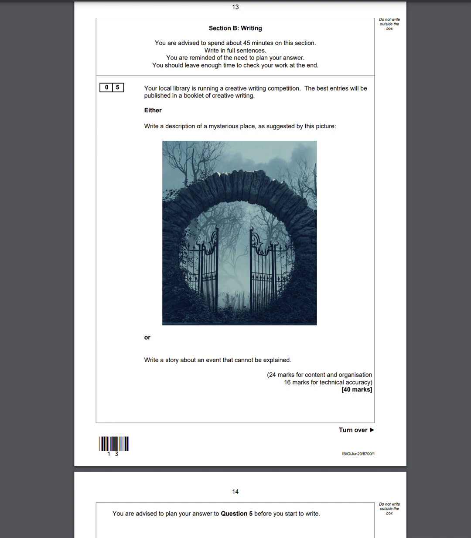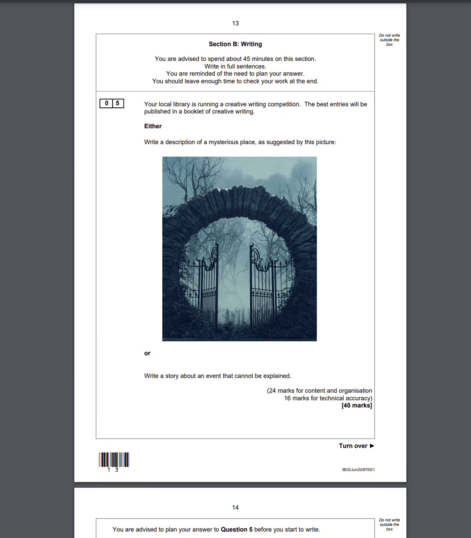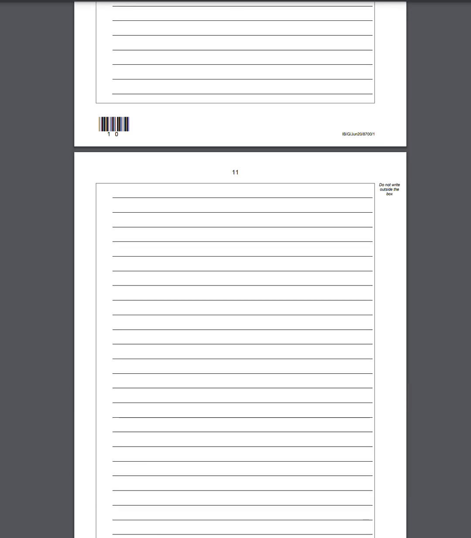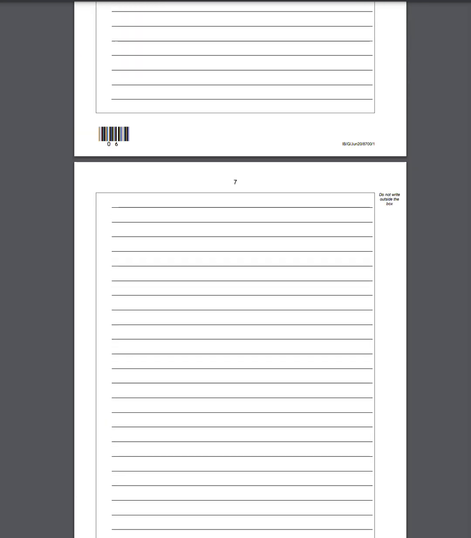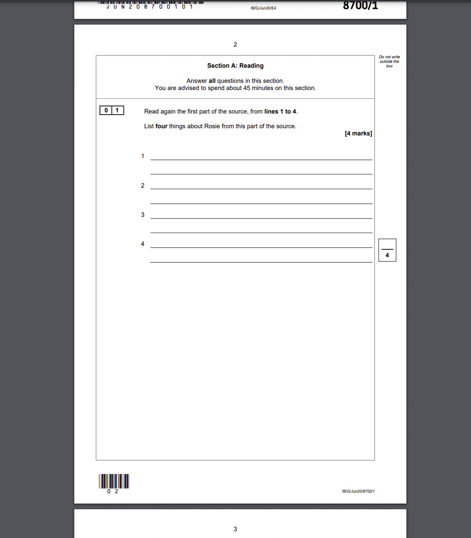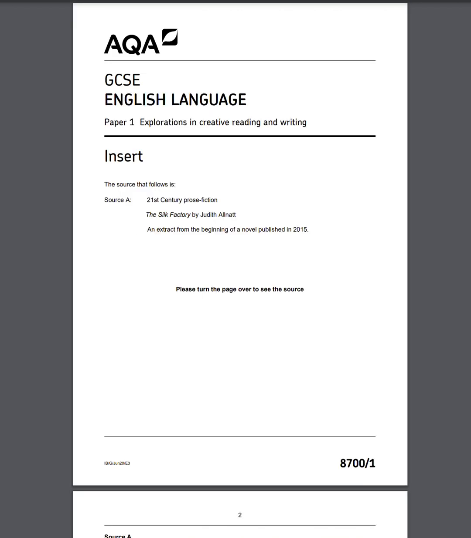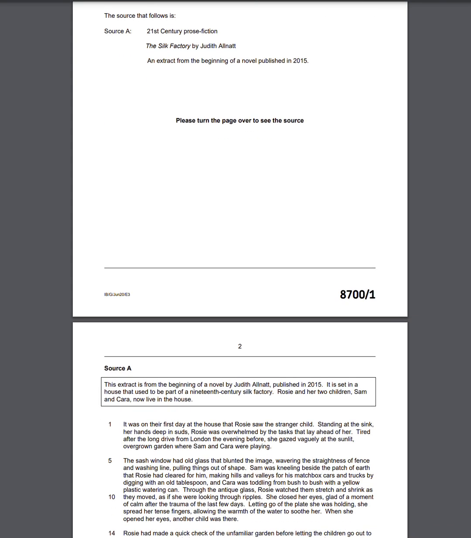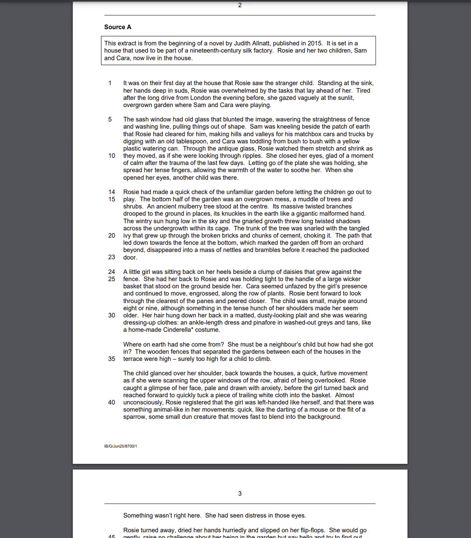Really, really important. Okay, once you've completed question 5, you would then go back to look at the reading section of the paper. And you would start that, obviously, by having a read of the extract. Now, the extract will look like this. It will say something on the front, source A, and it will tell you where it's from. Not really much relevance to that. The best thing to do is to get stuck in and start reading it. I would read this extract twice to begin with,